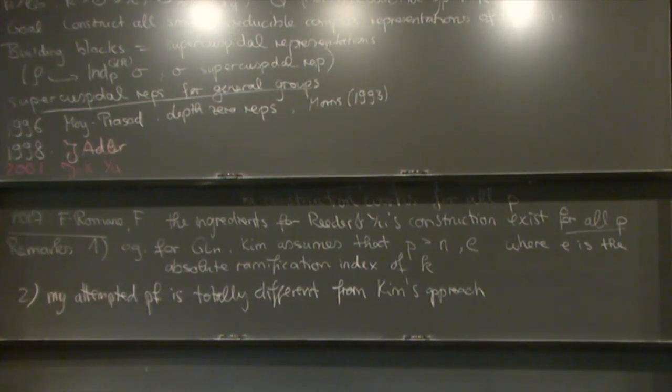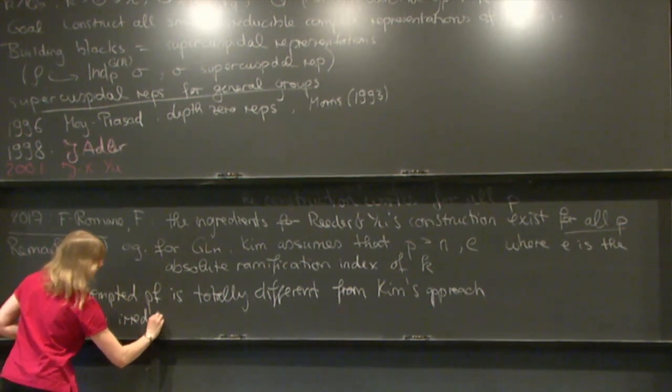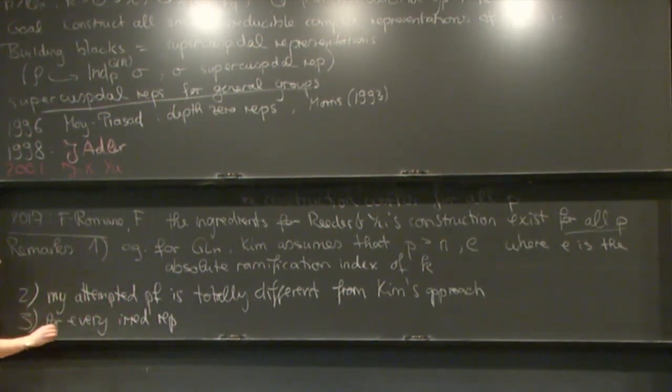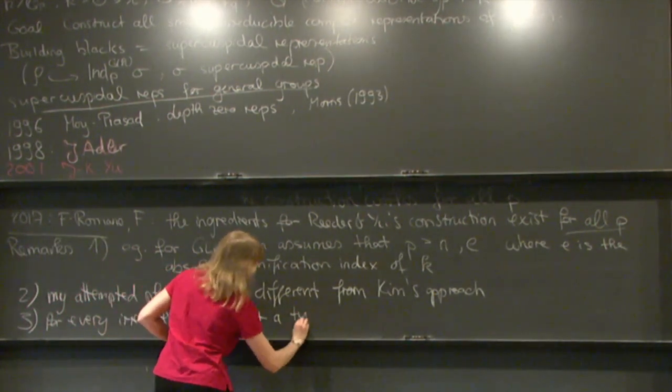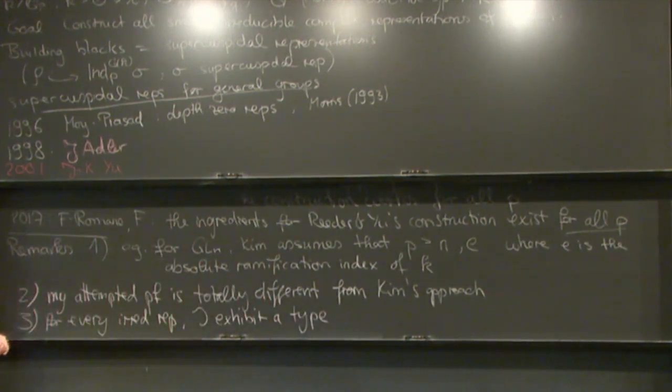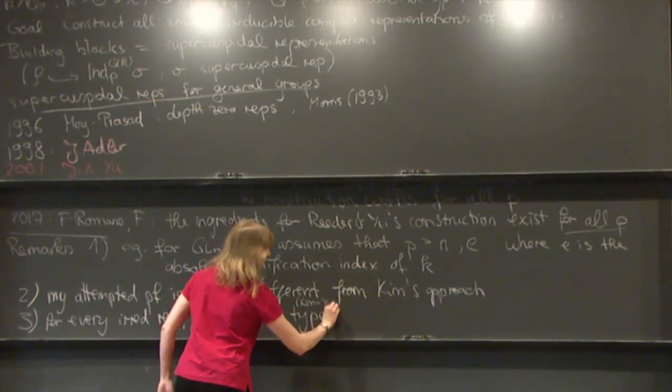Well, I work mainly with the building, use some geometric invariant theoretic ideas, and basically what I try to do is, if you give me a representation, I try to give you the J-K-U datum. So maybe I should remark that more precisely, for every irreducible representation that you give me, I exhibit a type, a Bushnell-Kutzko type. It's one of the types that Julie Kim wrote down together with JKU.